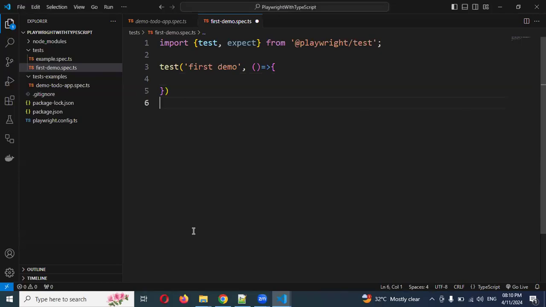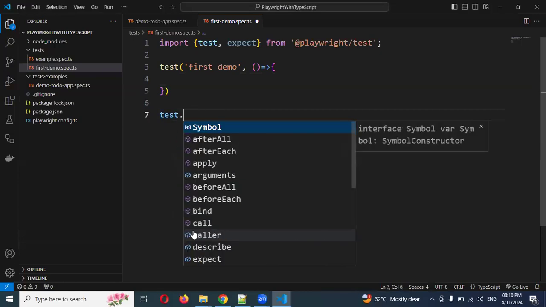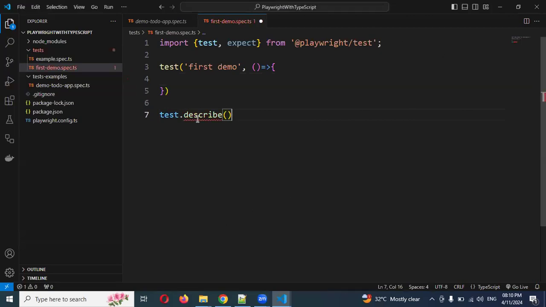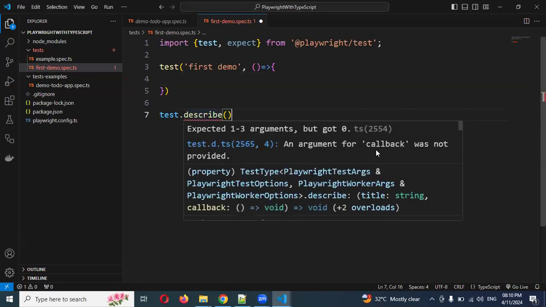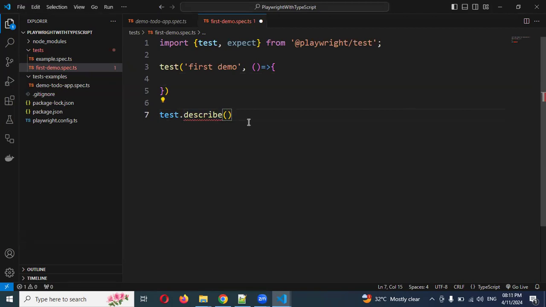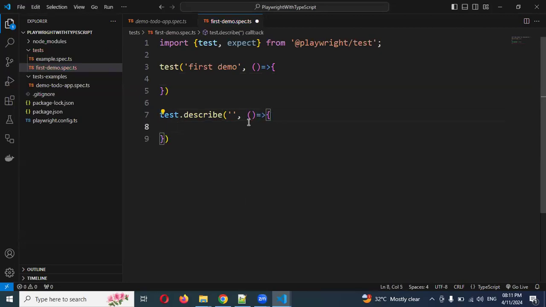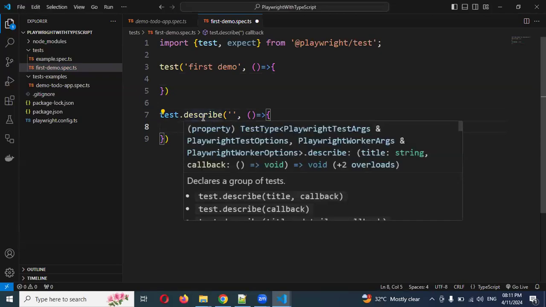How we can use test.describe: you can mouse over the describe block, and it will show that the callback was not found. We need to add the callback first, then a comma and the function creation, and then we use it always. After that you can see here basically it is a